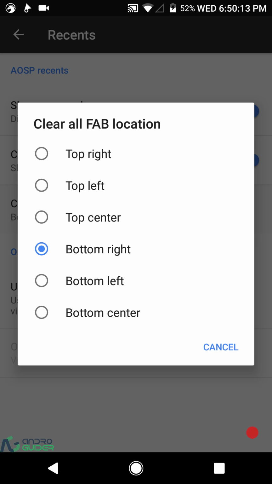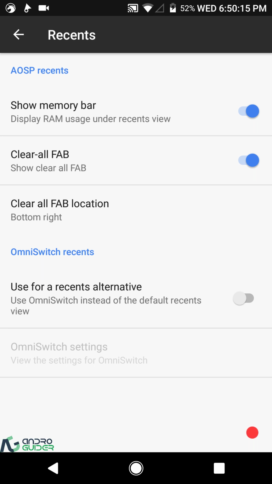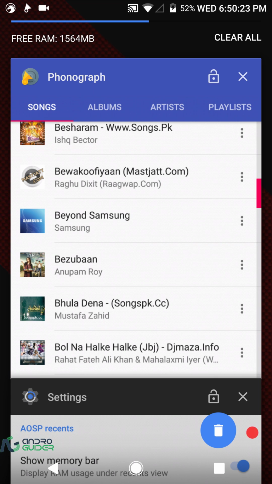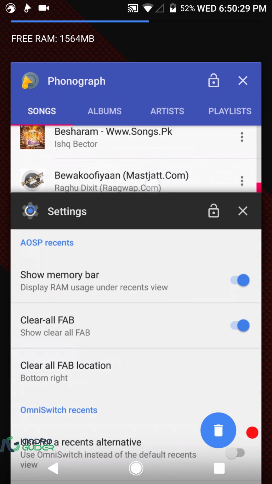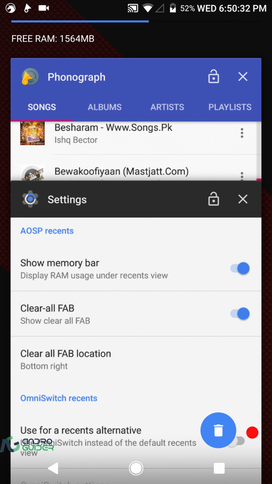And then we have got the clear all button, and we have got the 6 location pack to configure the location of the clear all button. And then if you want to use those Omni recents alternatively, you can enable this option. You can see the clear all button as well as the memory bar. So I just thought that maybe the clear all button wouldn't be in place there. Okay, so